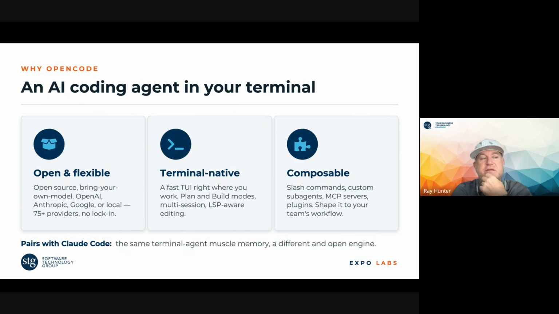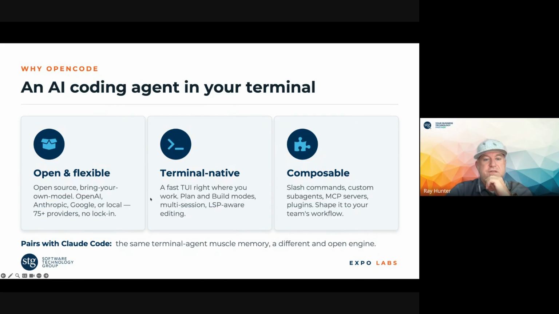MCP, in my opinion, tends to use more of your allotment of tokens than I want. So I actually remove most of my MCP servers, and I'll build something else that takes the place of an MCP server. Usually that will be a skill, and that skill will have something set up for it.